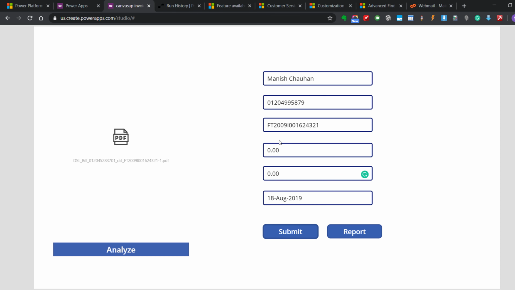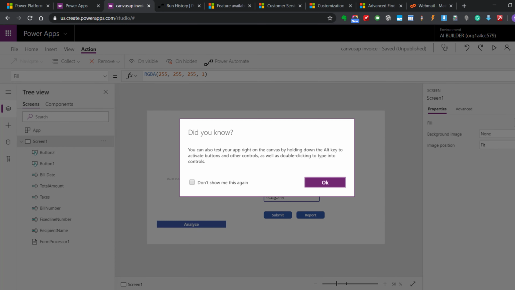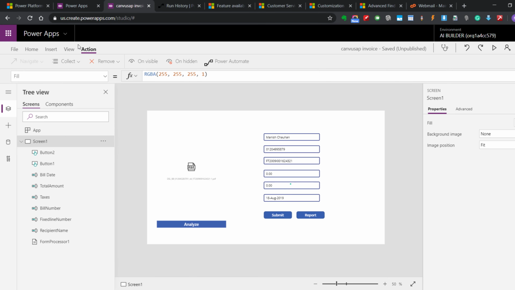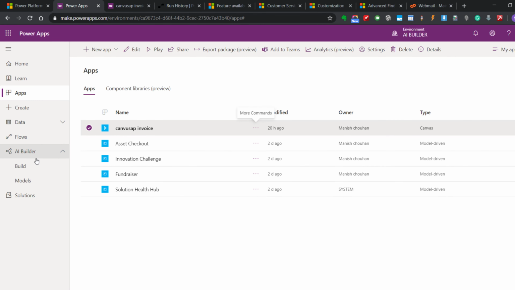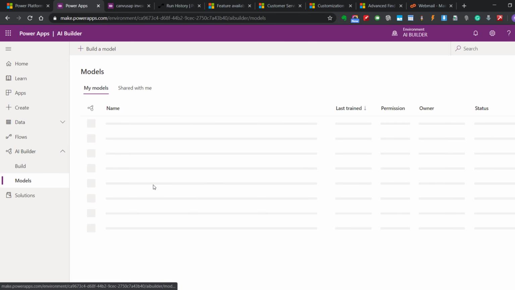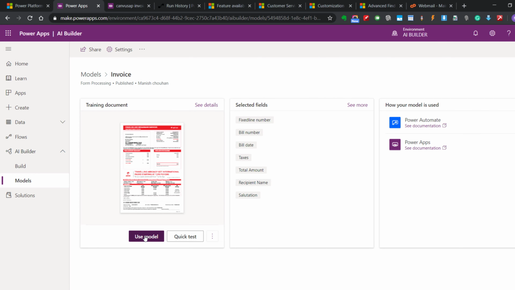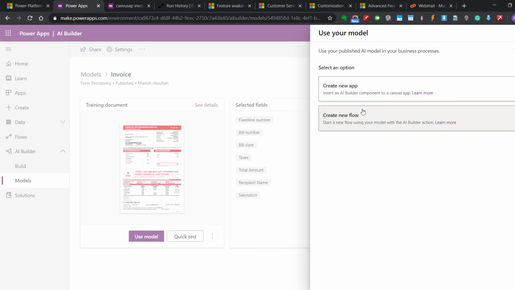We have used a scenario where an agent would be using this particular application on his phone. There's another thing, that we can directly use our AI Builder and Power Automate on the model itself. Instead of using Power Automate in Power Apps, we can come to our model, let the model load, click on use model. Either we can create a new app or directly use the flow from here. We will create a new flow,